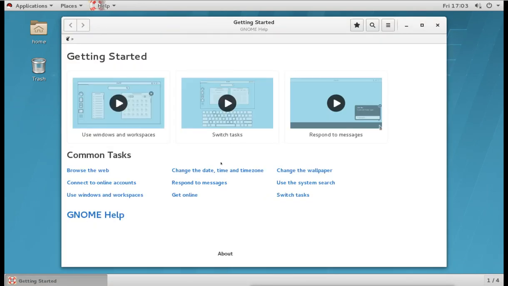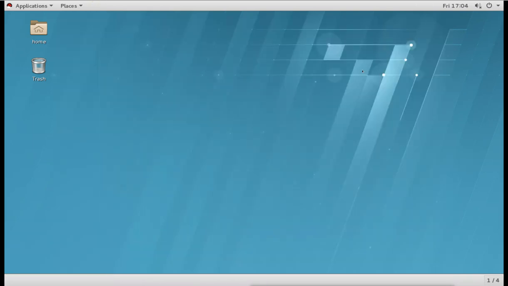And here it will give you a brief introduction to the graphical interface. Now this is the graphical interface, and this is actually the GNOME interface. This is the help for this GNOME interface, where you can see how to use these graphical tools. There are some common getting started things there. So if you want, then you can go with this. This is what you see the first time you log into a user.